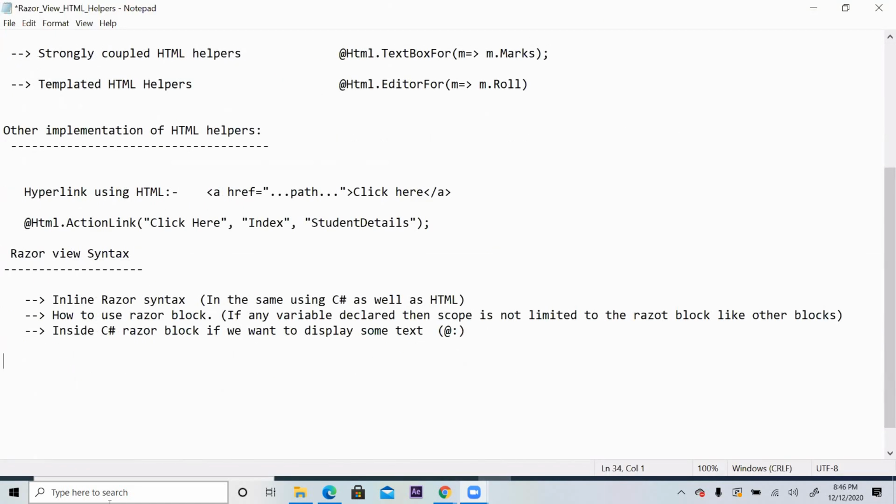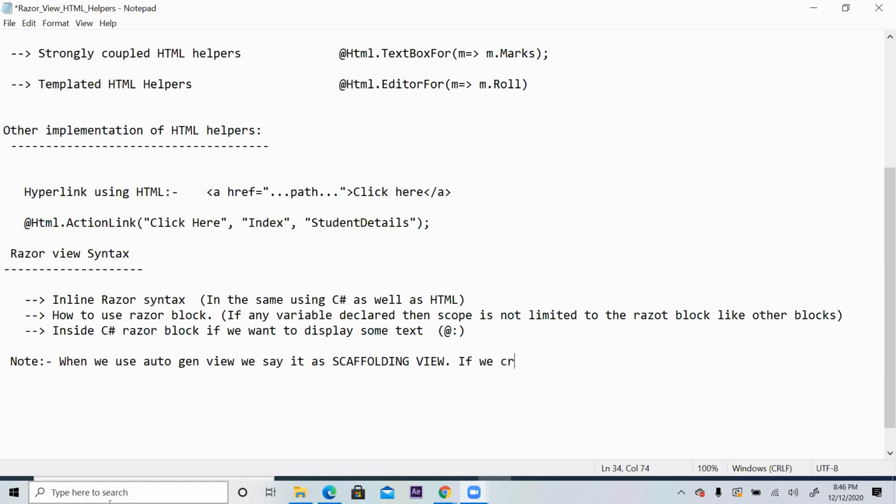Let me write that note. When we use an auto-generated view, we say it is a scaffolding view.